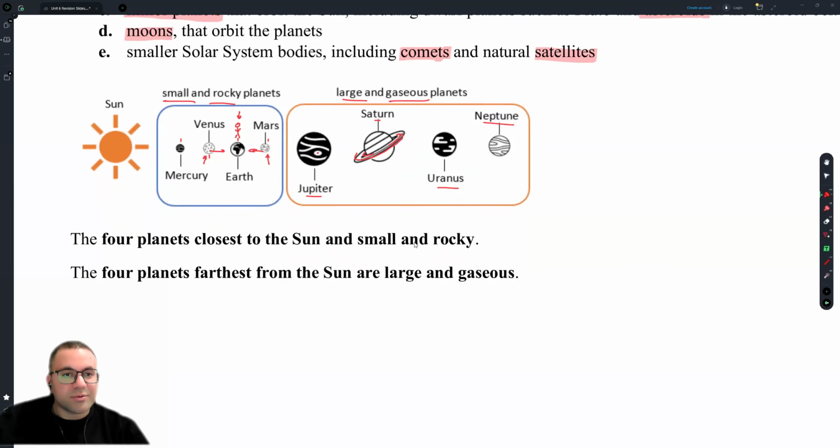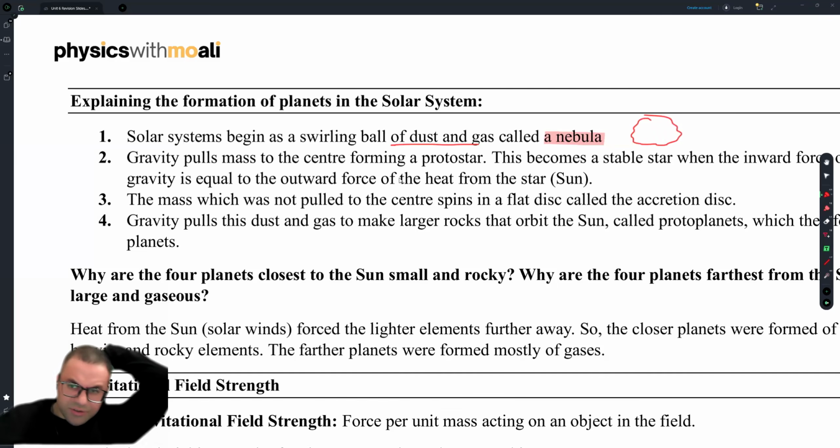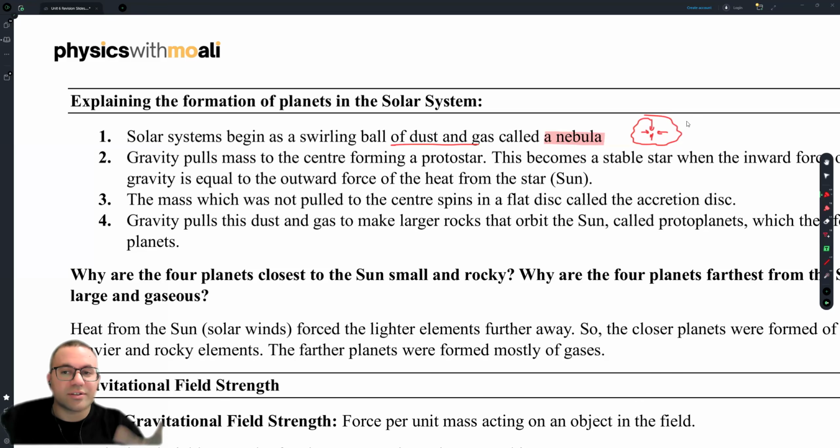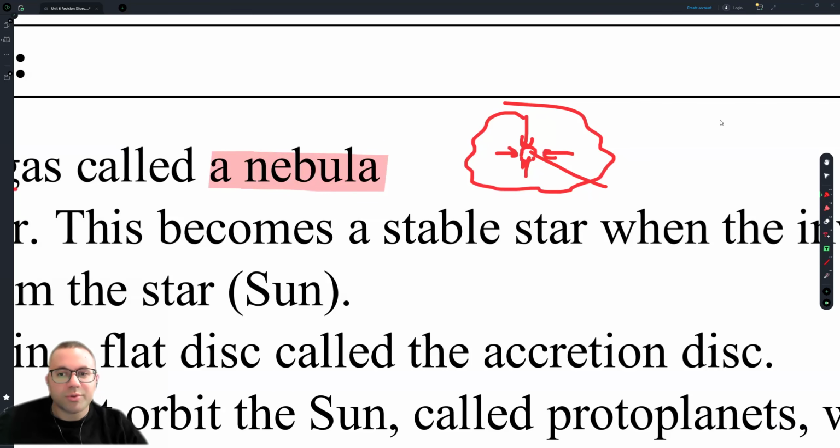Why? This has to do with what we call the accretion model of the solar system. Basically, the solar system was formed the following way. We start off with what we call a nebula, which is just a cloud of dust and gas floating in outer space. That's the start of any solar system. And then over time, gravity eventually starts forming in the middle of that nebula, which pulls in primarily hydrogen gas. And then hydrogen gets fused, and its temperature increases because it's colliding with itself. It experiences a lot of pressure, and eventually nuclear fusion starts. That's when that little ball of hydrogen, which we call a protostar,